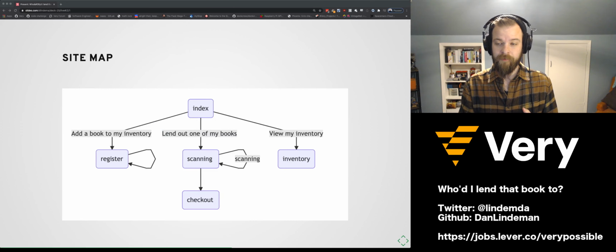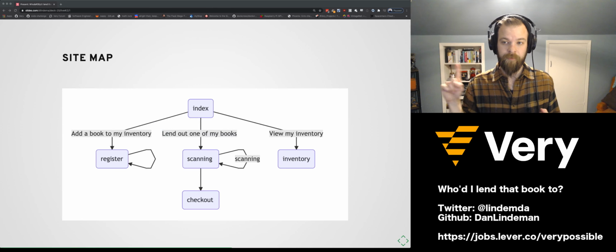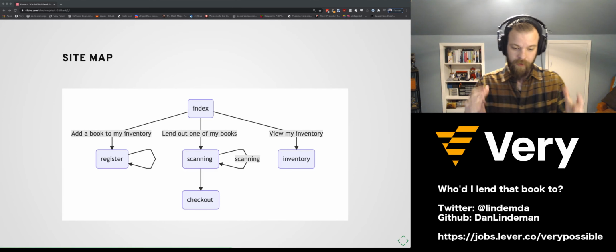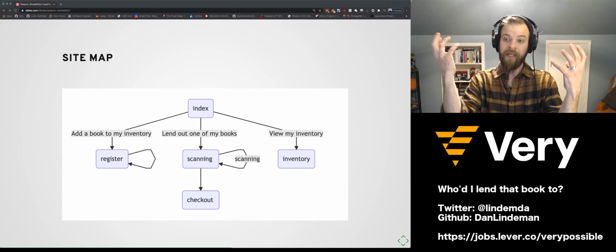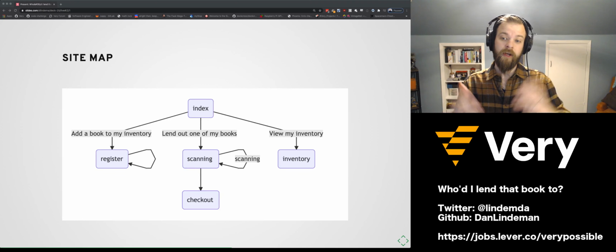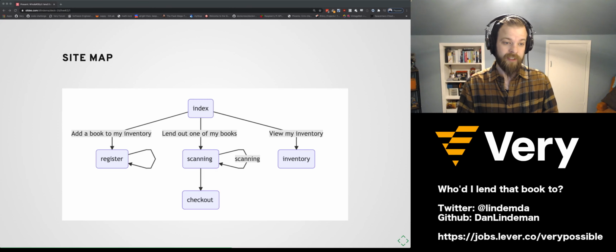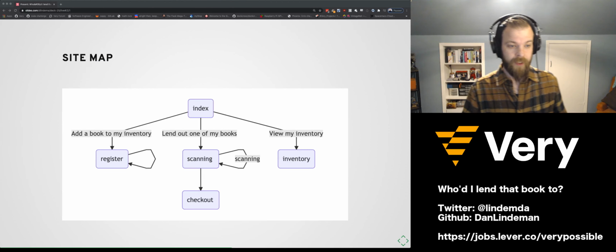So the net effect is my home library only winds up being this big because I've lent out 90% of my books to other people. So I wanted to keep track of who had my books. Inspired by my own library and the need to figure out where my books are going, the inventory page is the most useful for me, but again, it's not that interesting from an IoT perspective.